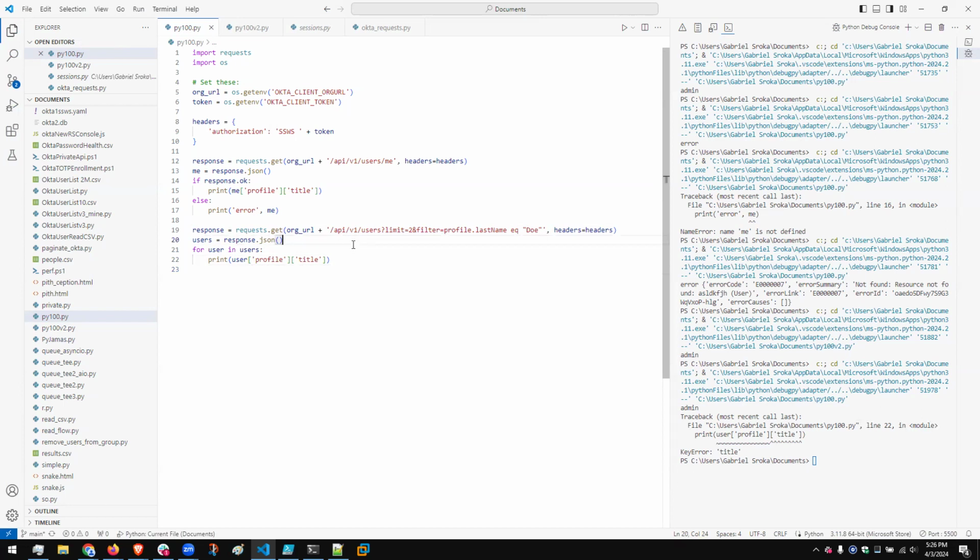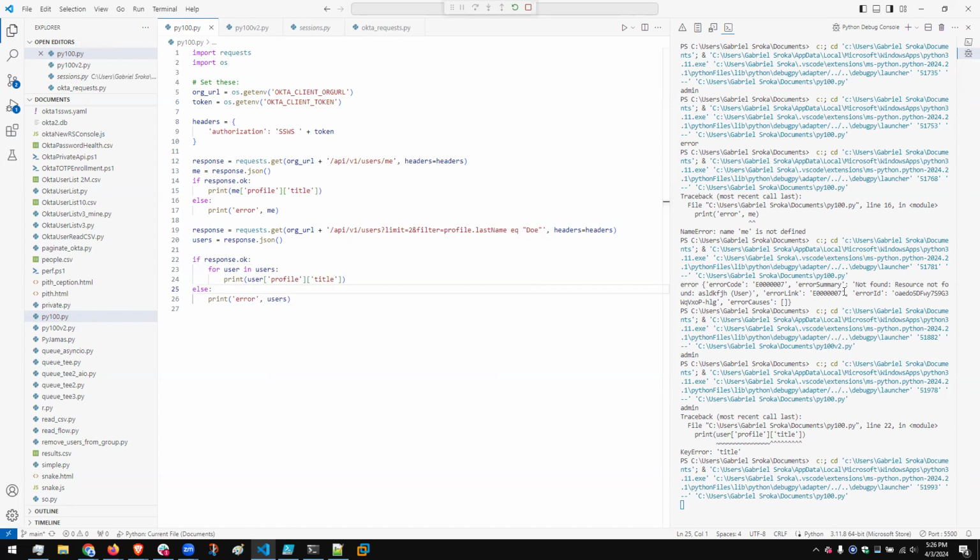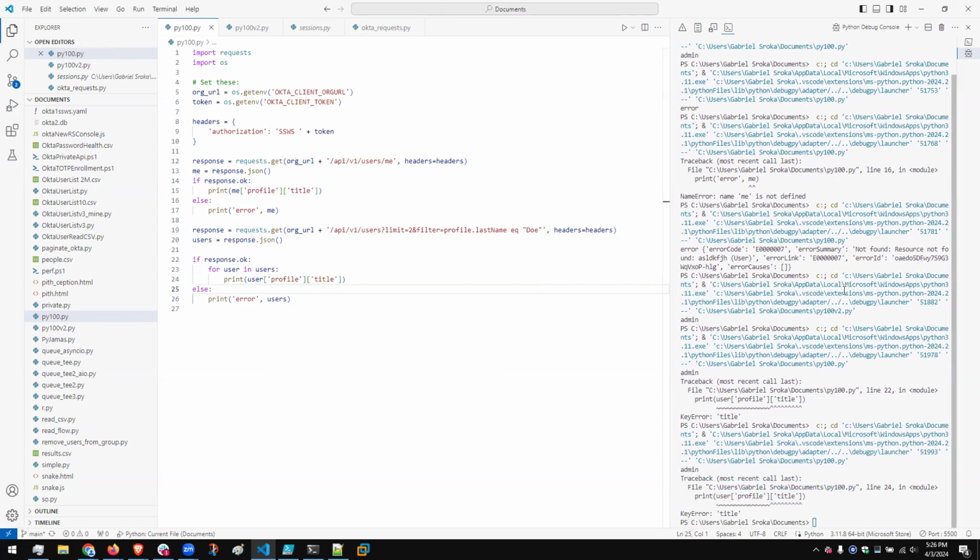Anyone see what the problem might be? Since I'm live coding here, I may be messing something up. So users should have the error and then result in it. Let's try this and see if we get something better. Admin, and then